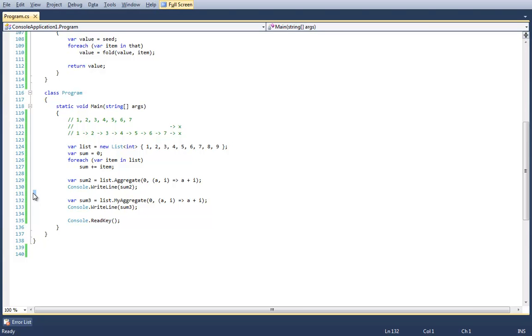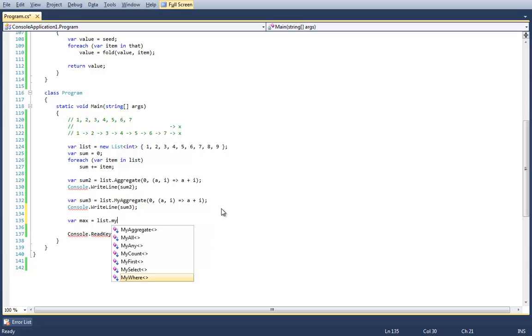I think Segval pointed out a good example earlier on in BuzzNet, which is that you could make a sentence out of words that were passed in. Yep. Or you can make words out of strings that are passed in. And now remember, min and max are already in LINQ, but if I wanted to use aggregate to write a max, what I could do is say, let's do max equals list dot aggregate,